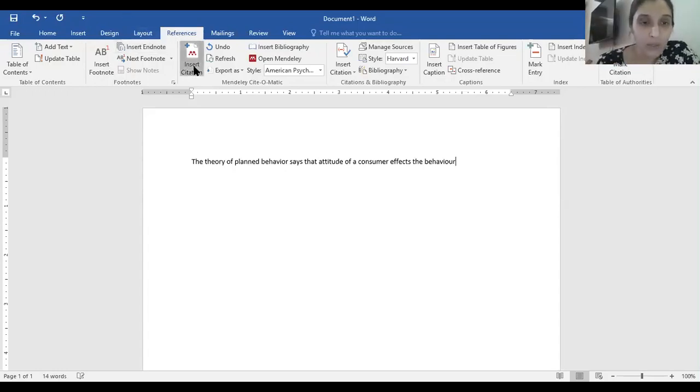I go to insert citation and there is a box. I hope all of you can see the box. And I say, okay, from where had I taken this paper? I think there was some Ahmed. You have to remember, this is a software, but a researcher's mind has to be there.